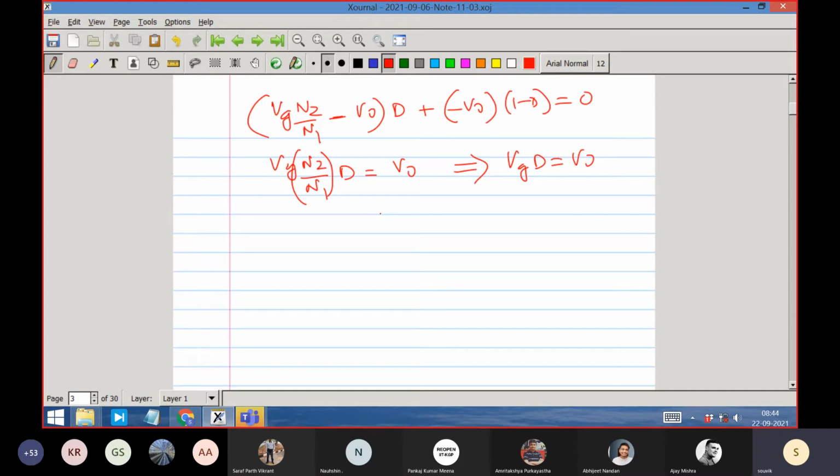But don't bring practical aspects in the beginning. Understand the meaning of it. Meaning is that a big constant is going with this turns ratio. It's an additional advantage. We are getting isolation as well as we are getting scaling. This is an additional advantage. That is very important to appreciate at this stage.